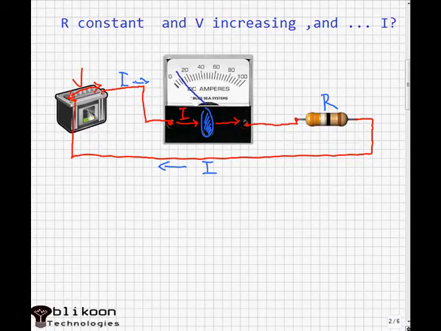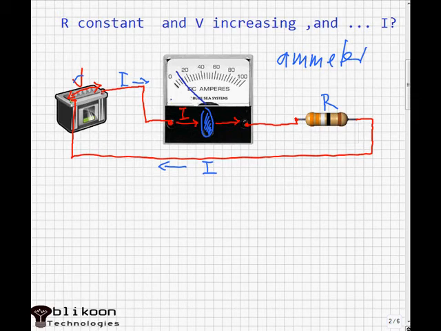In this circuit configuration, we have a complete one-loop circuit. We have the voltage source here, the path for current, and the load, which is our resistor in our case. The new device here is going to help us measure current. It's called an ammeter,